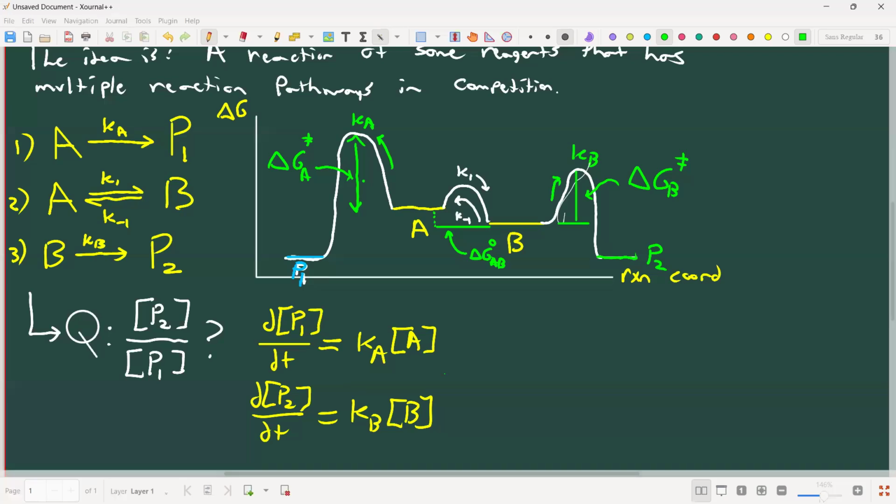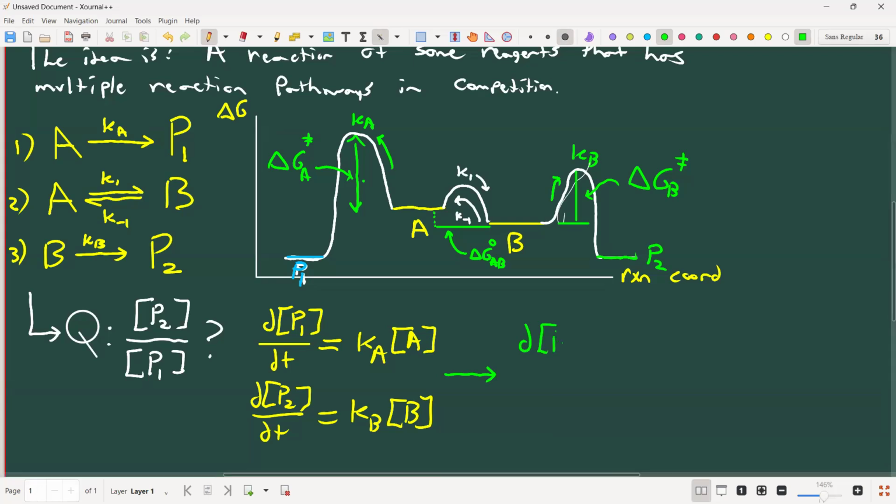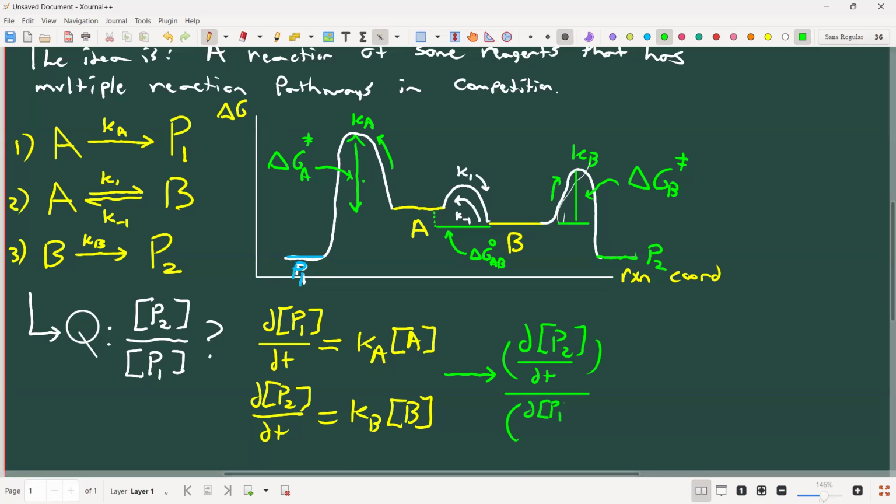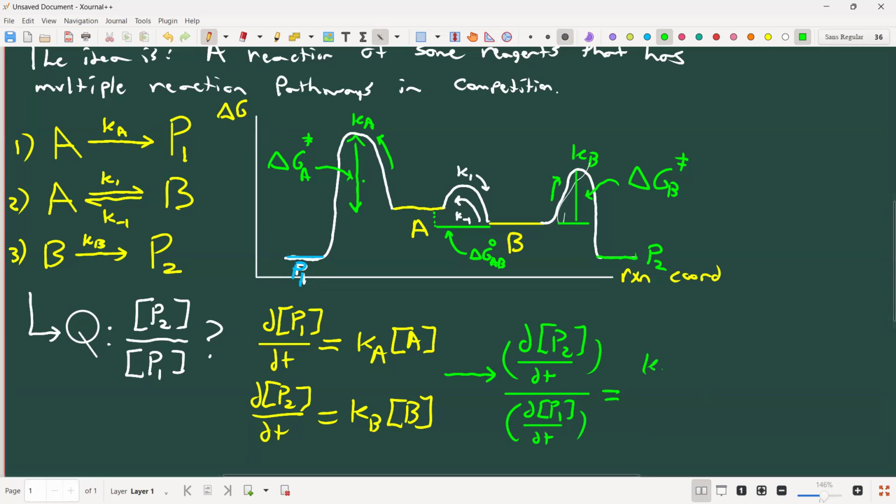So we could maybe say, if we think about it, what if we take the ratio of the rates? So what if we take this number and divide it by dP1/dt? Like so. We would get something that looks like Kb times B